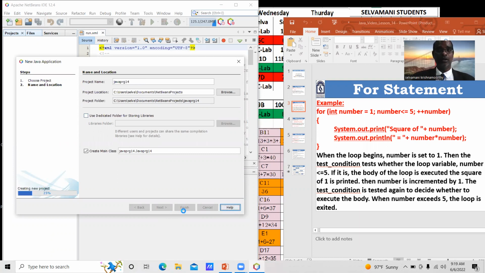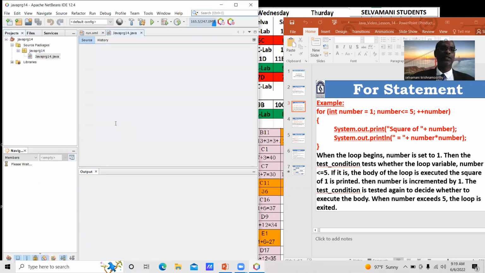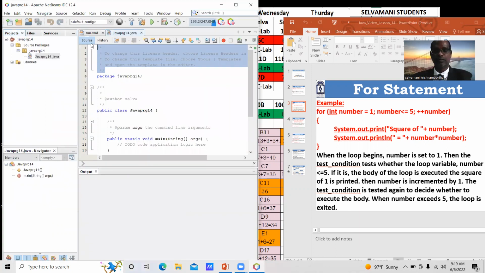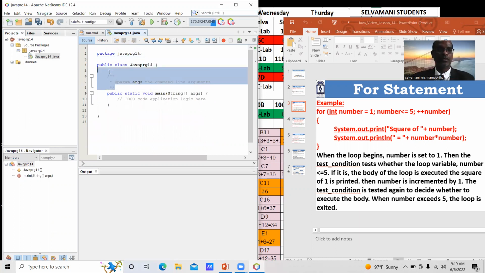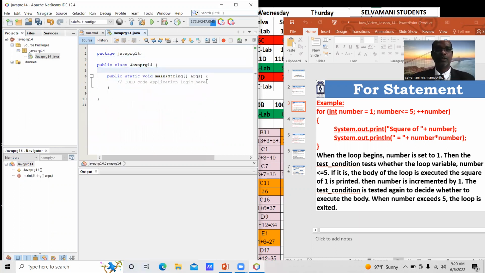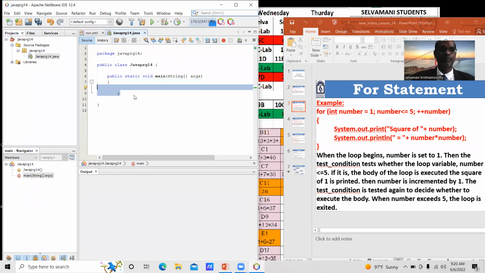I'd like to delete all comments, maybe multi-line comments, maybe single line comments. Delete, and that also delete. This also delete. This also delete. So after main, within the open curly bracket, I'd like to type